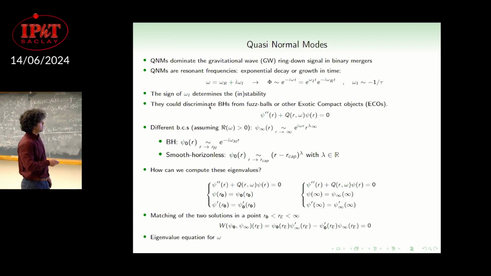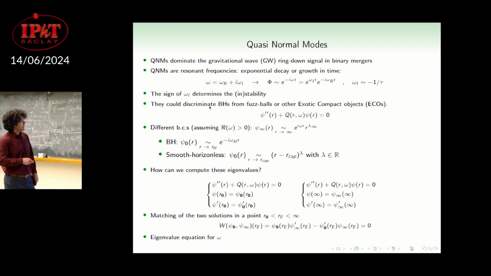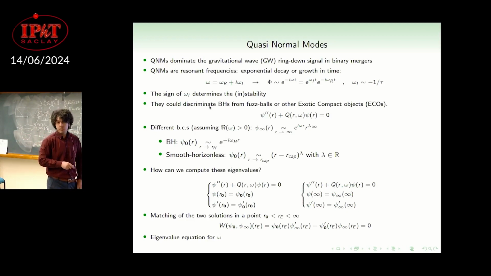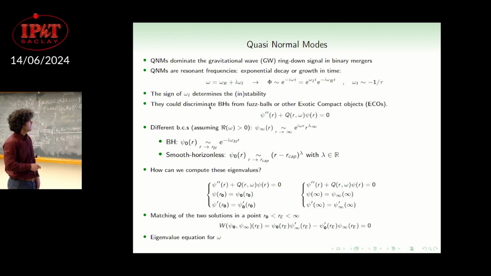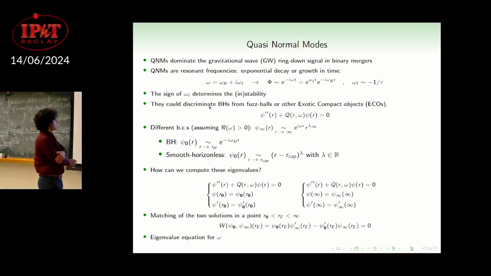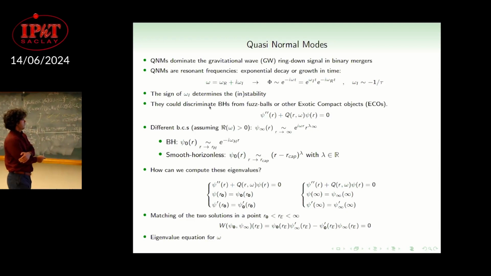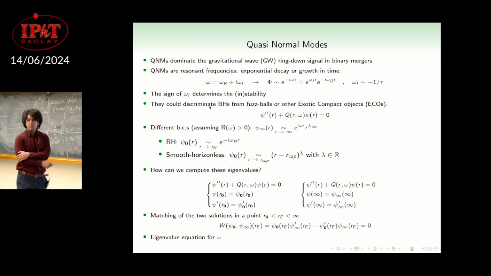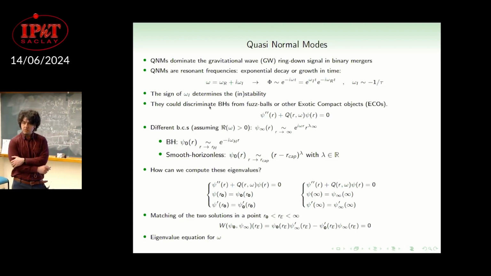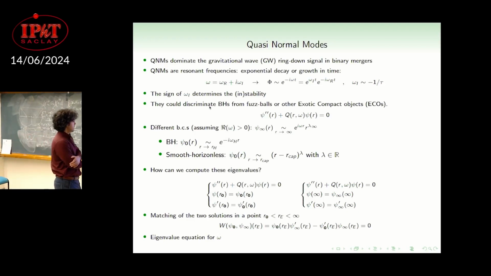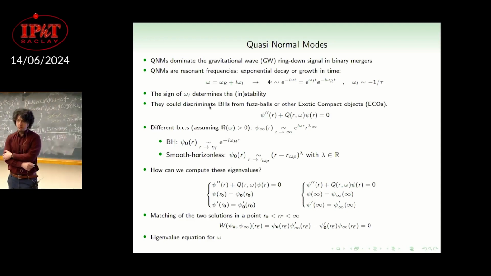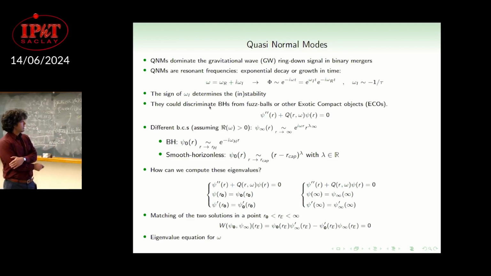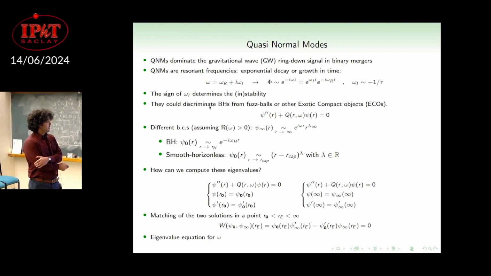At this point, we have to impose regularity, okay? So the Frobenius exponent is real. And here, very briefly, I would like to tell about a sort of numerical procedure to compute quasi-normal modes. Probably in the literature, this method is called the shooting method. I don't know. So you have your differential equation, okay? You solve it imposing the correct boundary condition at the horizon, for example.